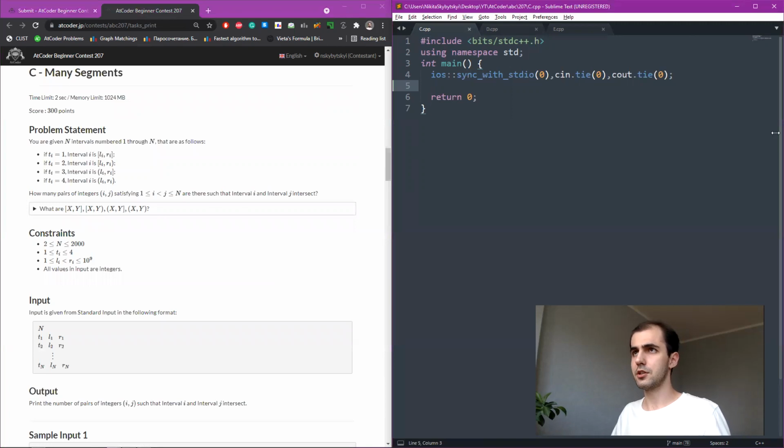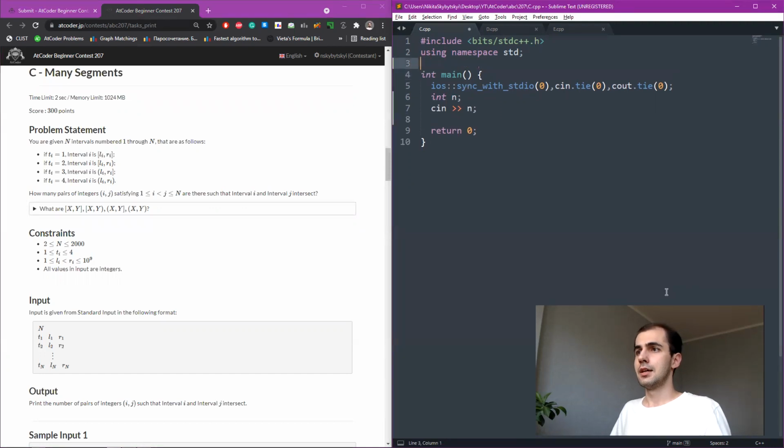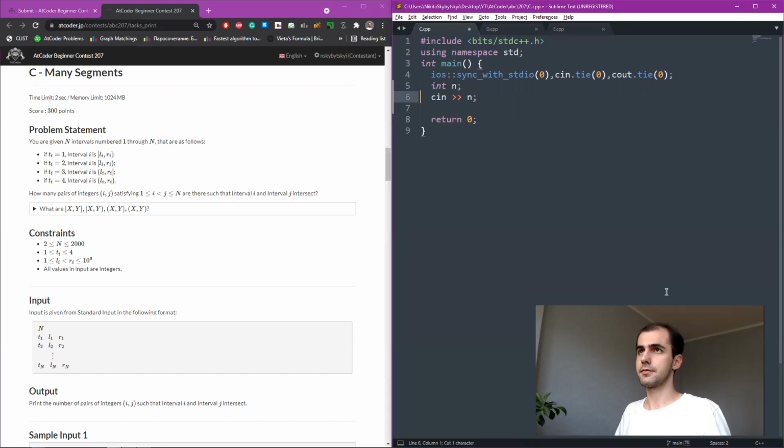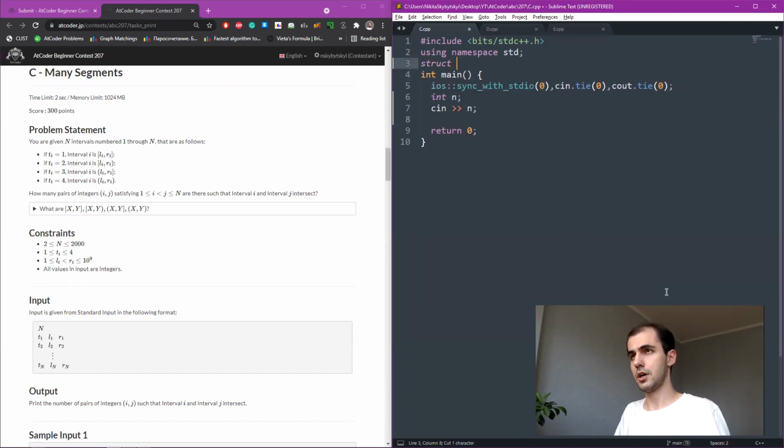we're gonna implement 2 solutions for this one. One is O(n squared), and the other one is O(n log n), alright? So